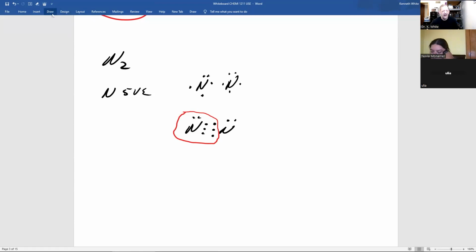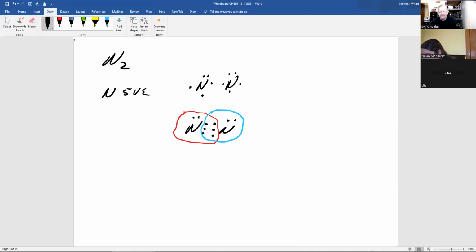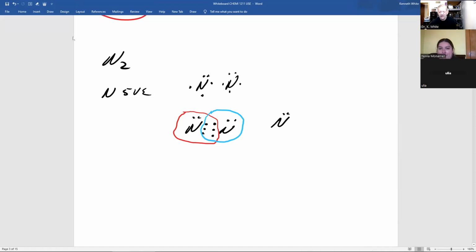And if we look at the other nitrogen, I'll do that in blue. How many pairs of dots do you see? 2, 4, 6, 8 dots. And that's an octet. So nitrogen gas, which I'll rewrite again without the circles, the Lewis structure